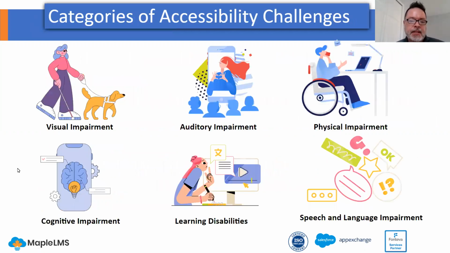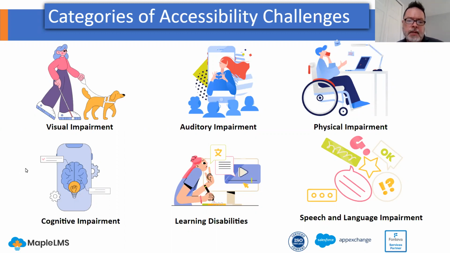Some common disabilities that can affect an individual's ability to learn online include visual impairment, such as color blindness, low vision, and complete blindness; auditory impairments, such as hearing loss, deafness, and difficulty processing auditory information. There could be physical impairments, such as mobility difficulties, dexterity issues, or chronic pain.